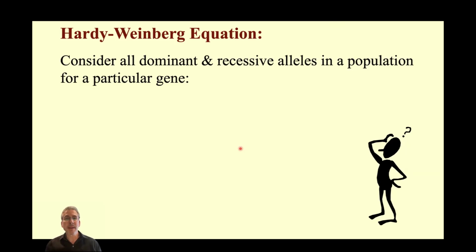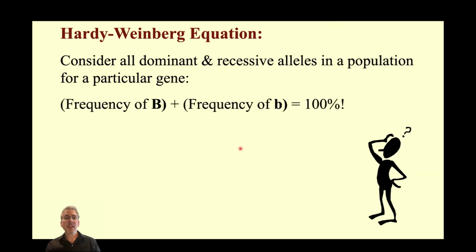But it doesn't matter what gene you're talking about. If you took a population of organisms, in this case, let's stick with humans, you can imagine, if you've got a dominant and a recessive version of that particular gene, if you looked at all of the dominant alleles, let's just say capital B, you can use whatever letters you like, and all the recessive alleles, let's say lowercase b,